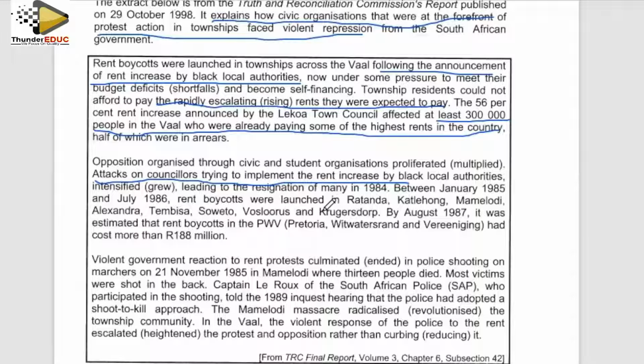the other usefulness. It gives the exact dates of the Mamelodi massacre. We are told that it was on 21 November 1985. This is useful information. You get to know the exact date when the event happened. It gives us the exact date of when the Mamelodi incident occurred. And also, you can also talk of